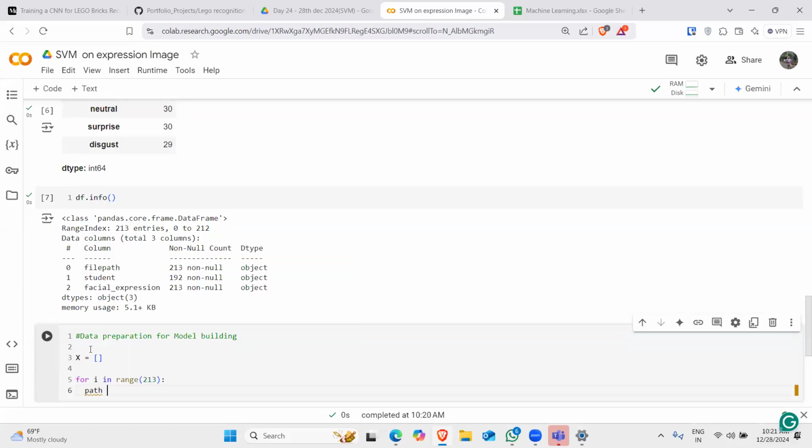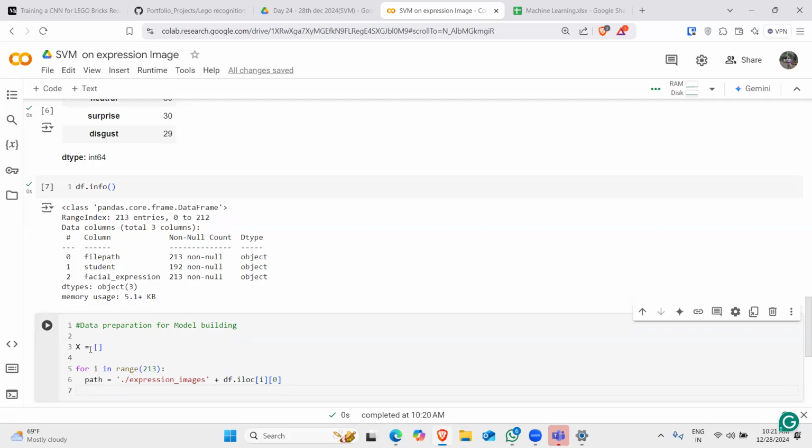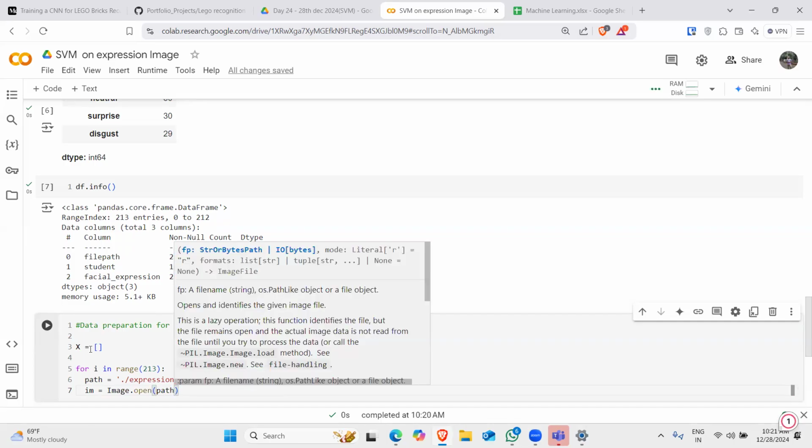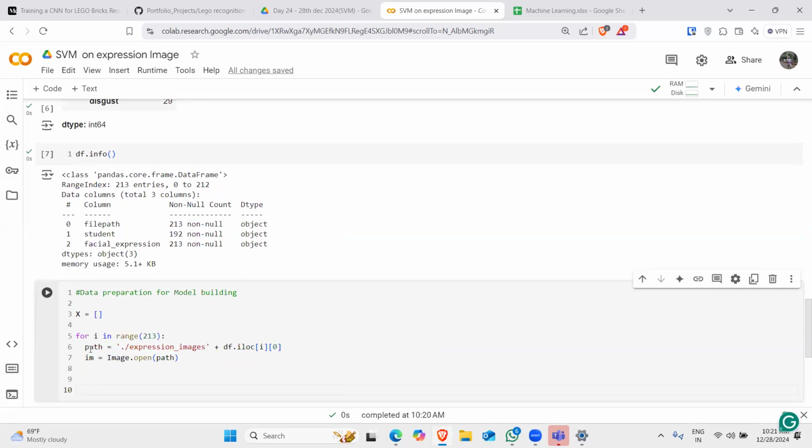We'll write path is equal to, in quotes, expression_images plus df.iloc of i, 0, the first image. im is equal to Image.open(path), and I'm going to convert the image into a numpy array of shape 256 by 256,